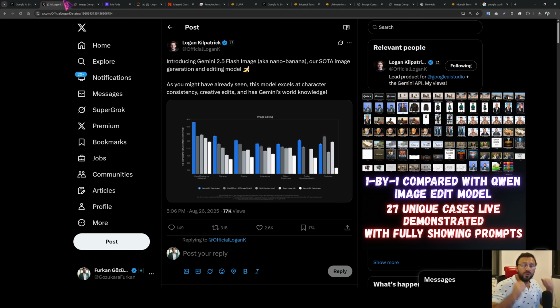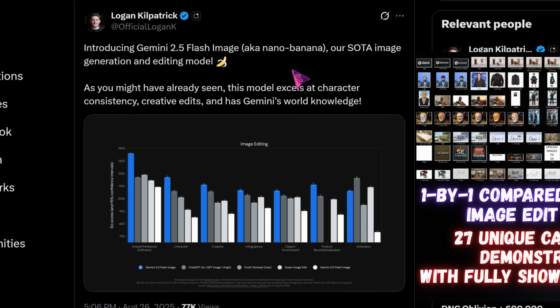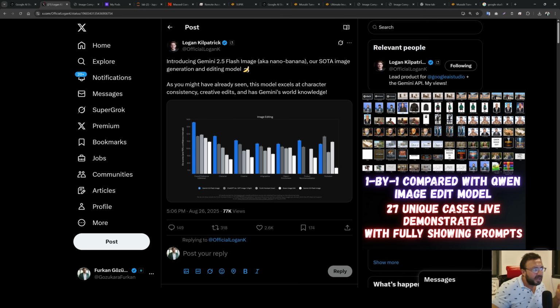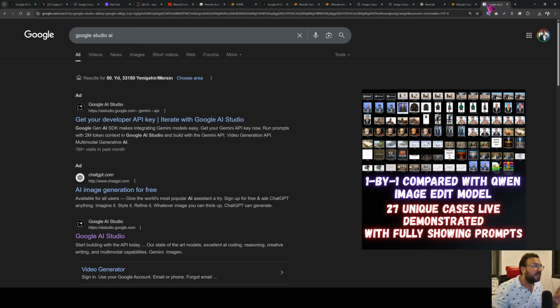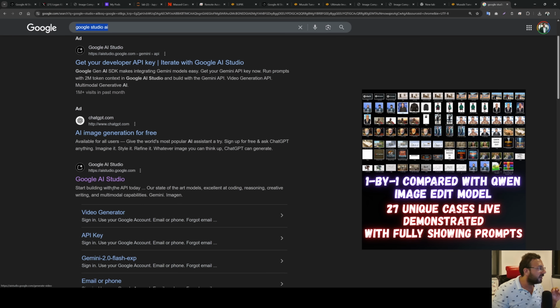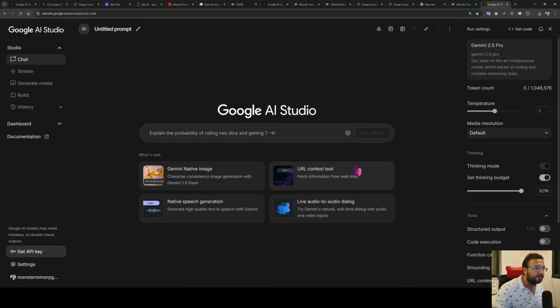Greetings everyone. Google just dropped the most amazing image editing model ever made, which is known as Nano Banana, which you have perhaps been seeing in the last week. Secretly, it is actually the Gemini 2.5 Flash image model, and I will show you how to use it for free inside Google AI Studio. In this tutorial, just type Google AI Studio, go to Google AI Studio, and from here